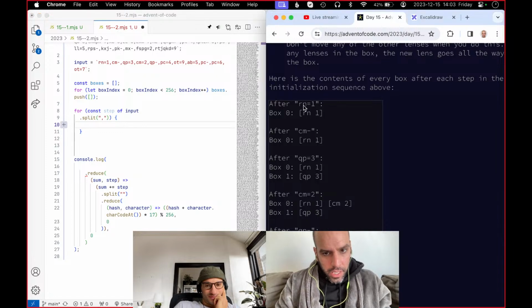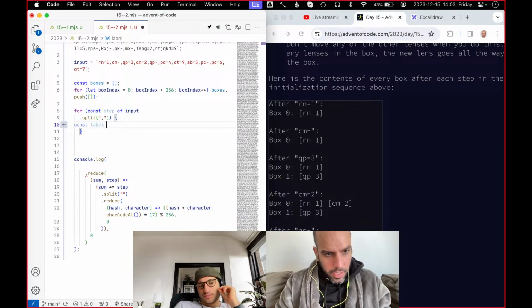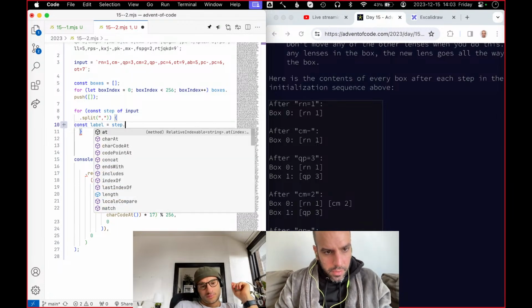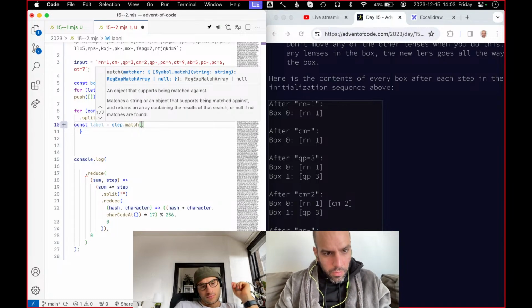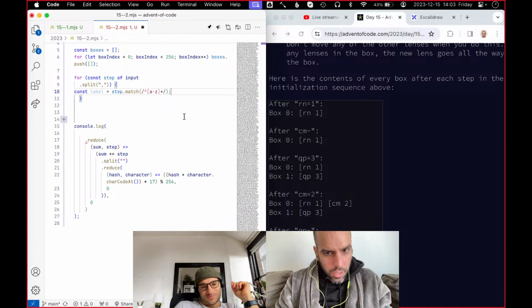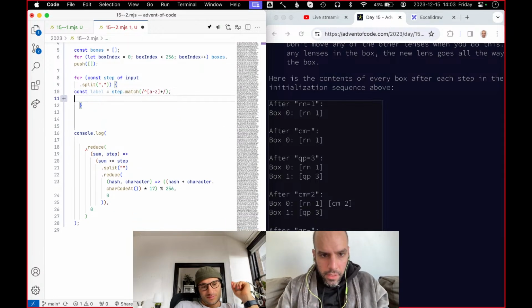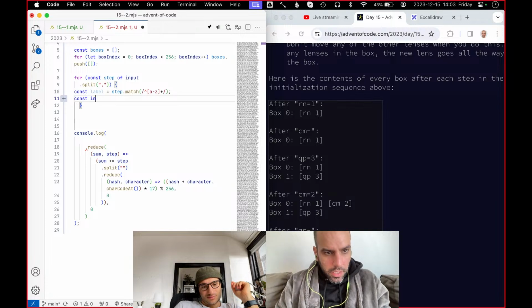I will want to have the label and the instruction. So the label is my step, match from the start of the string as many characters as you can. So A to Z plus. And my instruction